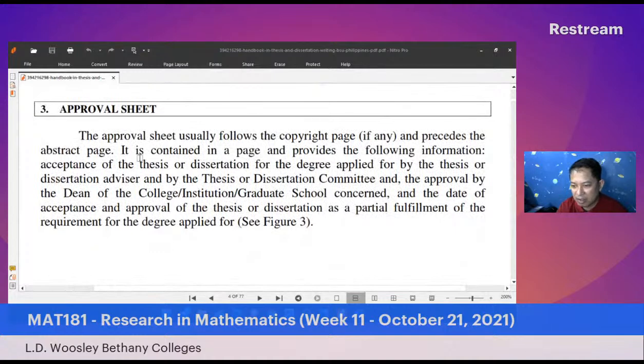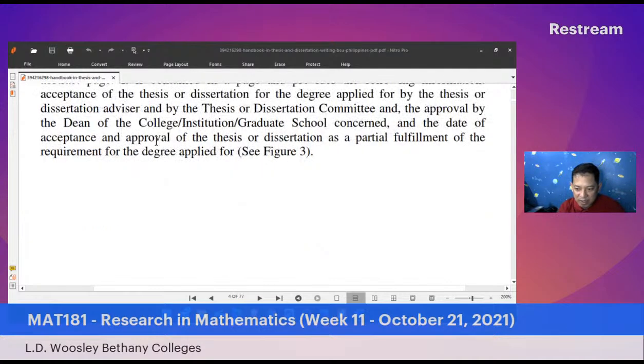which precedes the abstract. It contains the following: acceptance of a thesis or dissertation by the thesis advisor or research advisor and the thesis dissertation committee, and approval by the dean of the institution. For this case, a graduate school, but in our case, it's the college. So there must be the dean of the college who will approve this dissertation, and the date of acceptance or approval of the thesis. So we have here a figure